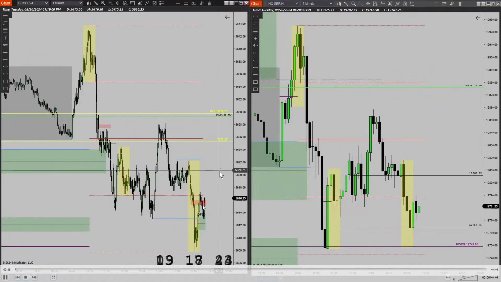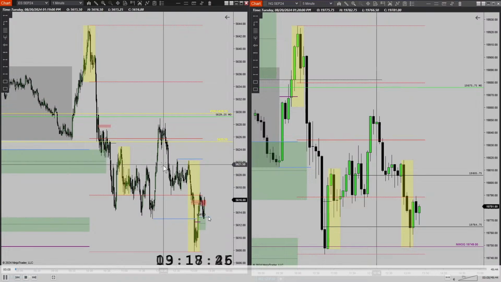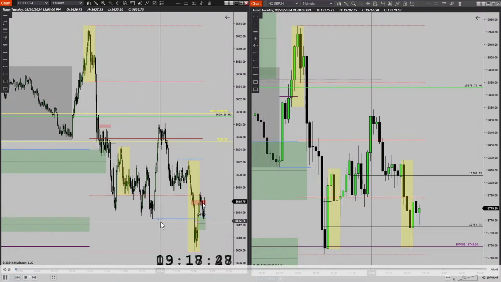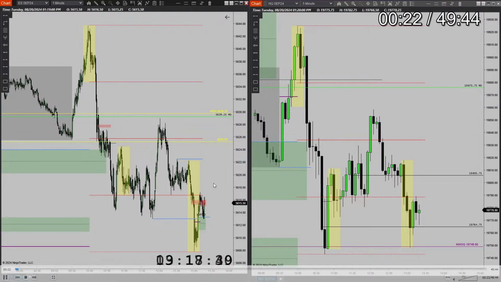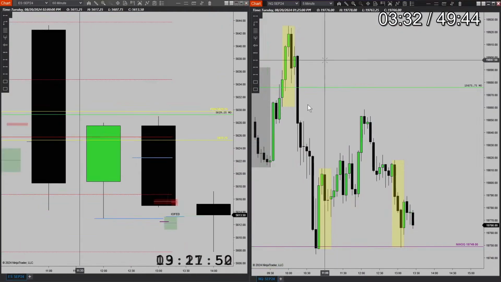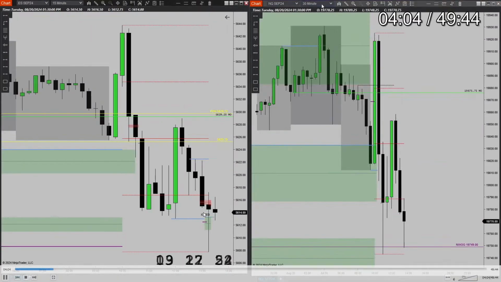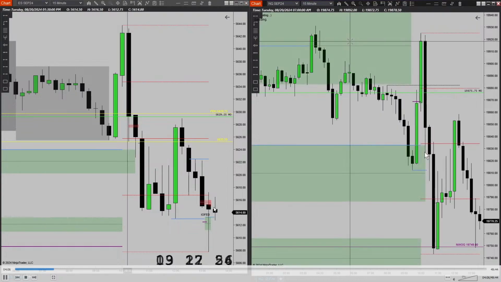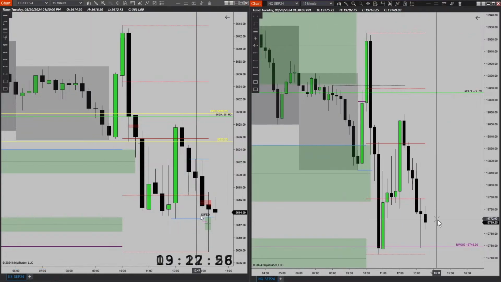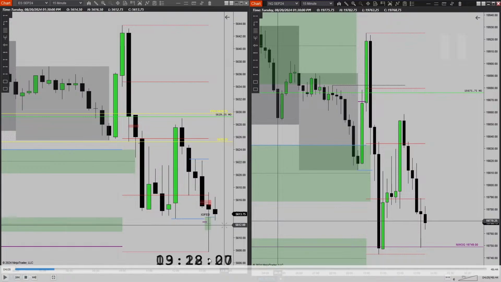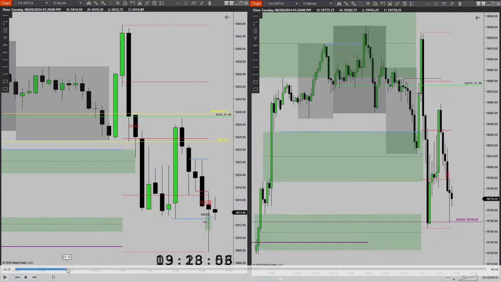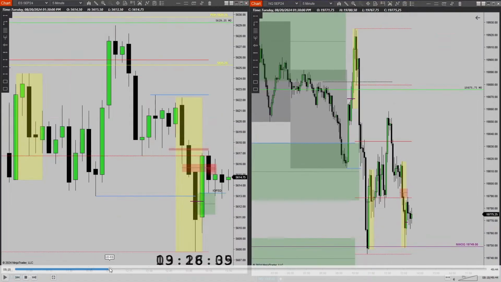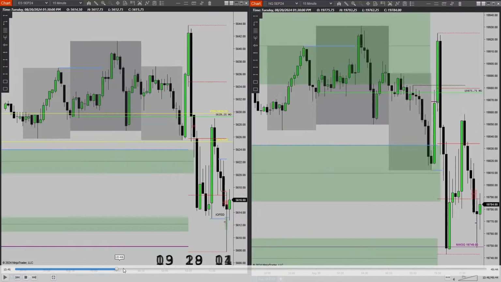I had already entered here, like I said. This was the institutional order flow entry drill. So I was looking for price to keep drawing higher. It didn't, and I began to look at the 15-minute here instead. So I zoomed out to see if price would draw lower. This is 50% of the range here, and as you can see, price never did draw lower into that area. Eventually, we had that move up.